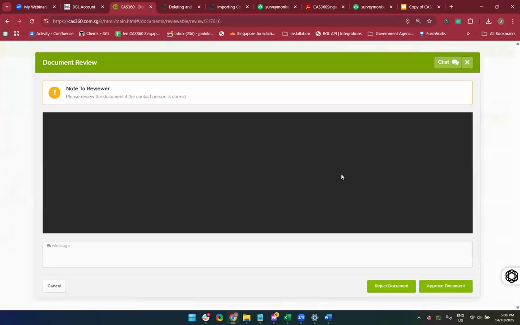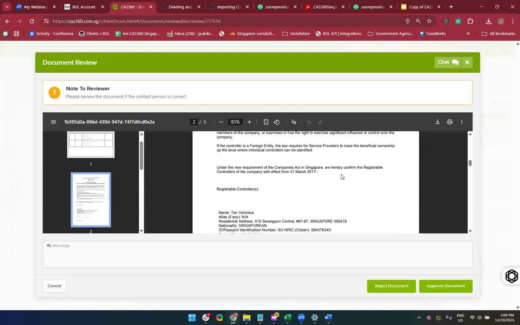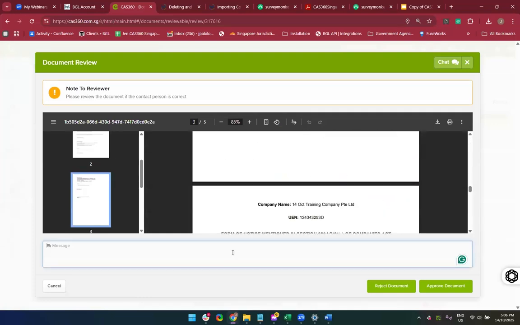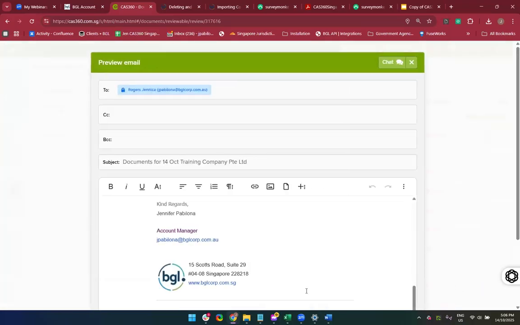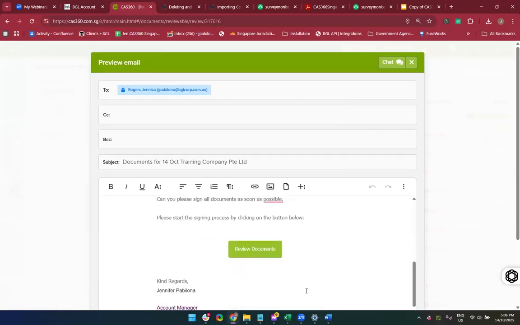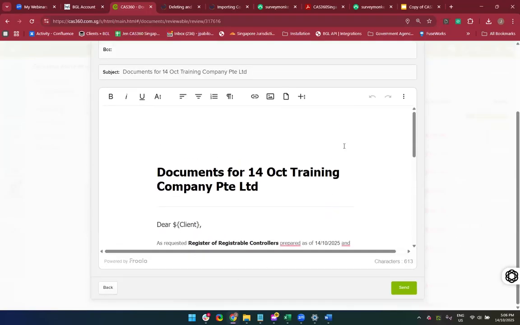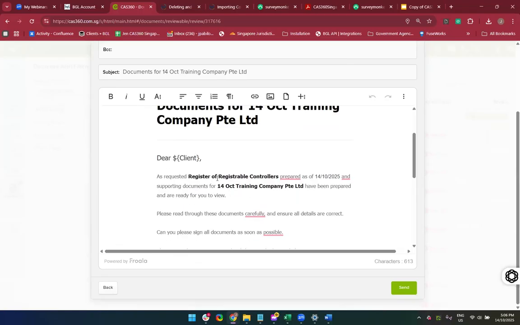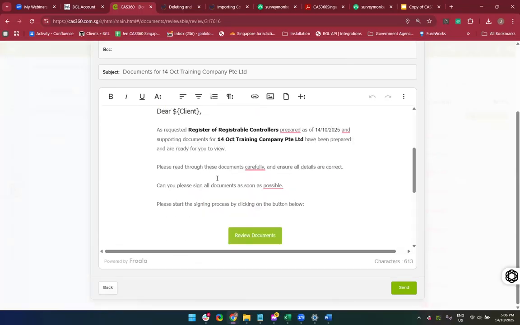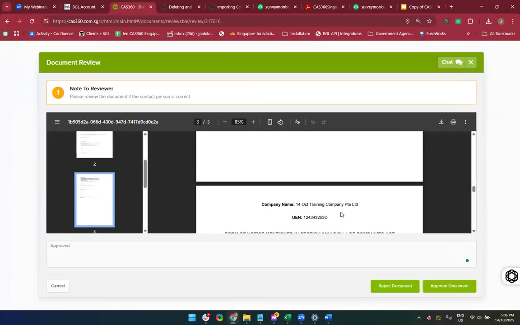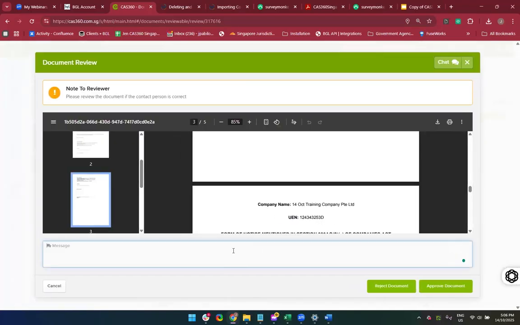Here, I'll review the documents, and I can simply approve if I'm happy with the information. I can reject the document or approve. And once I click on approve documents, it will prompt me and show me the email content that will be sent to the client. Otherwise, if the document is rejected, please select the correct person, for example,